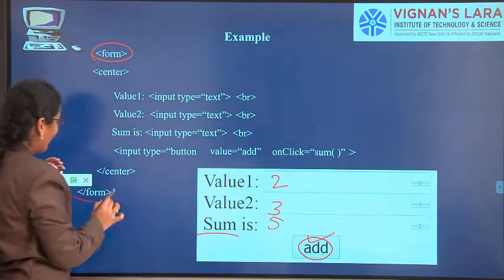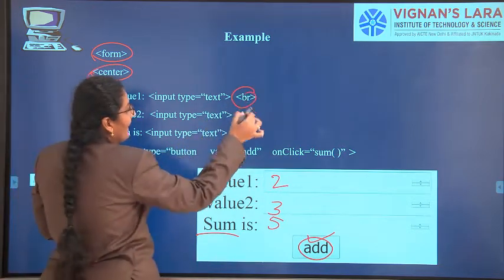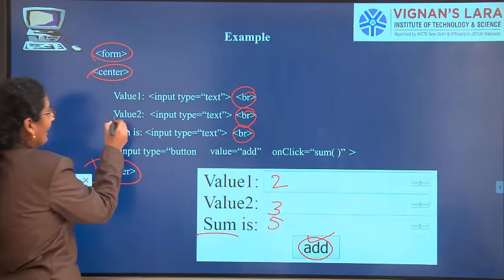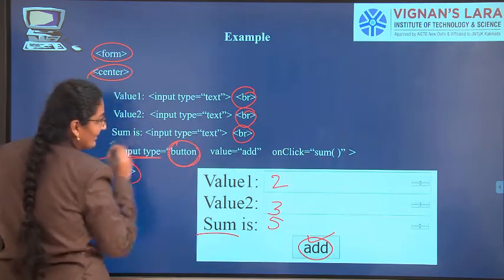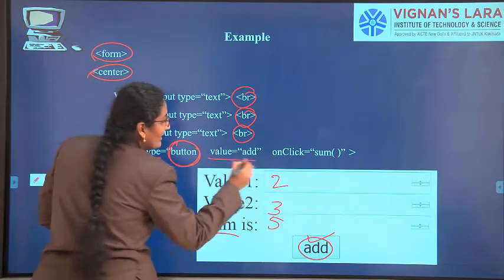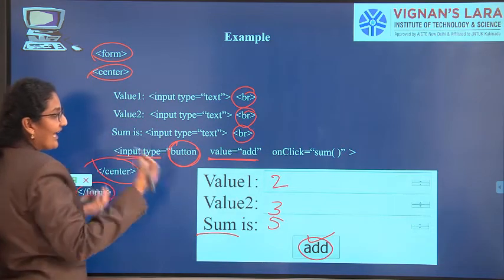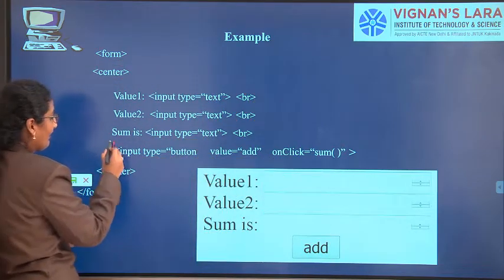Form you already know, form open and close. Center you already know, center open and close. Break tags you already know. And input type also you already know. Input type I have given as button here. What value should be printed on the button? That is given under value. What action it should perform is given here. So this statement is very important.